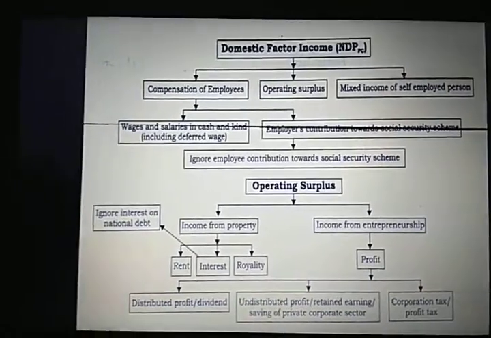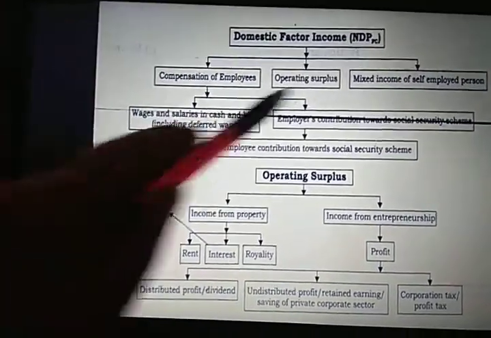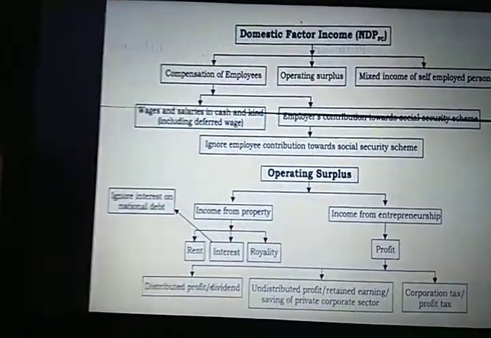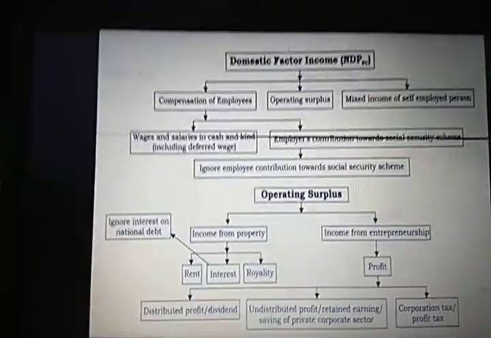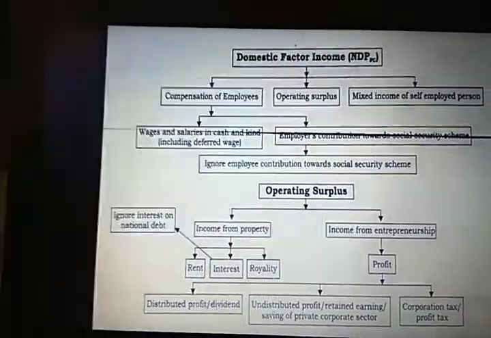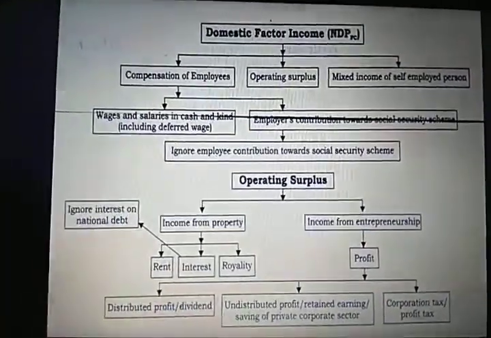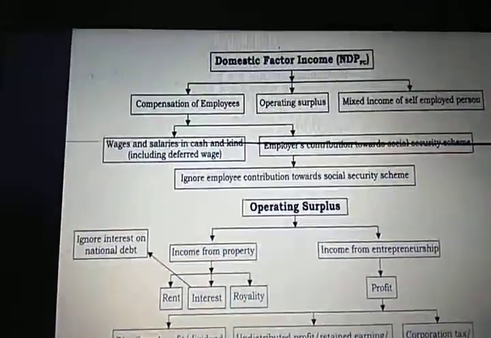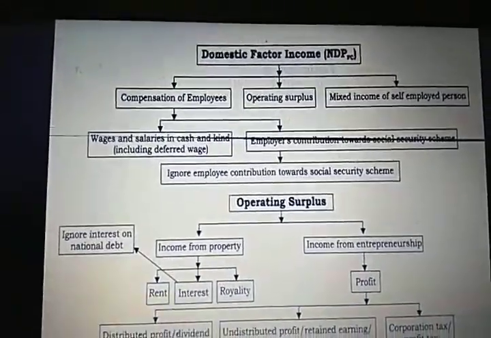Now, the second thing I want to explain is why we get the answer by adding all the 4 factor incomes as NDP at factor cost. Why not GDP at market price? What is the reason? Because when we talk about factor income, it is always net. Gross means including depreciation, and depreciation is always applied on fixed assets, and when we talk about income here, there is no point of depreciation. So net.